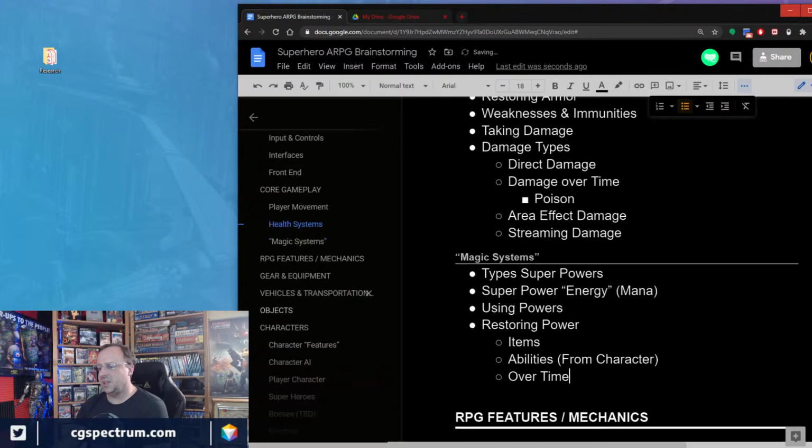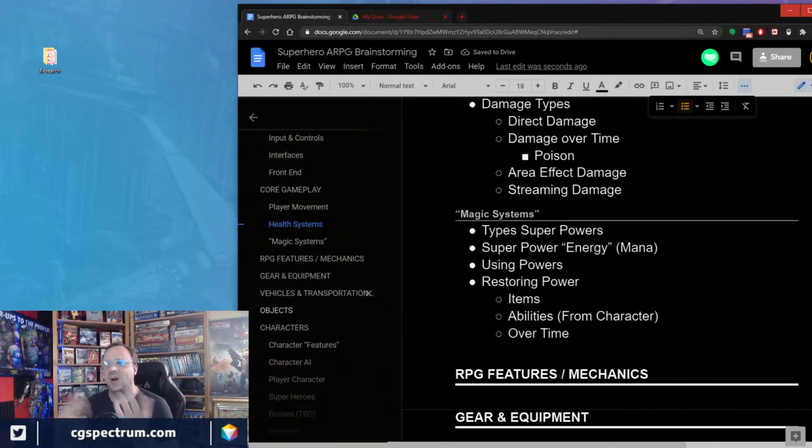So just to give you an example of superpowers, these are what I call limiters, things that would kind of control you. So if I'm a superhero, do I have an unlimited amount of this thing? Can I just keep blasting my magic ability, spraying fire or spraying ice or whatever? Can I do that